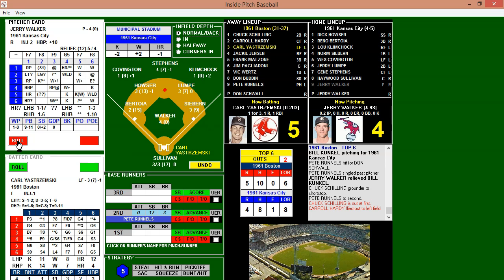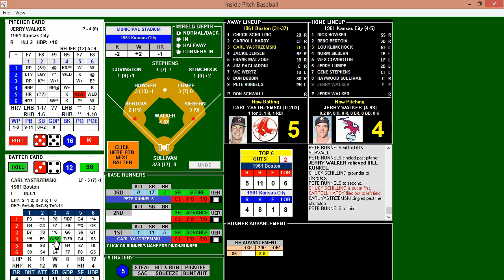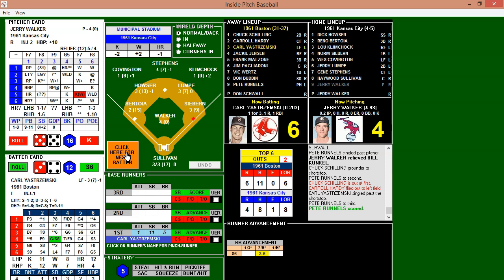Walker looks in for the sign, looks at the runner. Here's the delivery. And he takes a ball. Good eye by the rookie. Here's the next pitch. And that's going to be a base hit. Reynolds rounds third. He's off on the crack of the bat with 2 down, and he will score. And the rookie Yastrzemski gets his second RBI of the day.